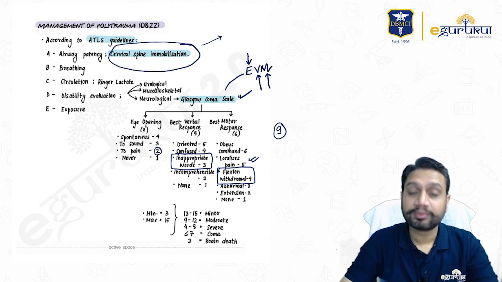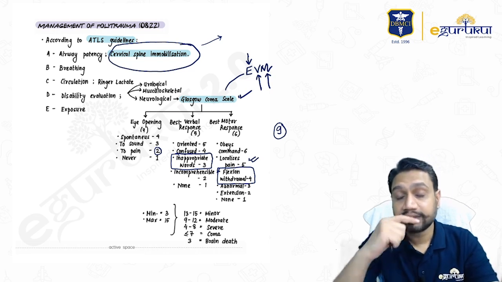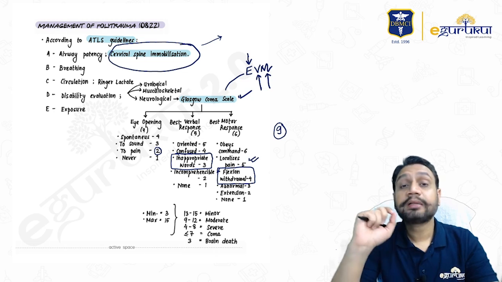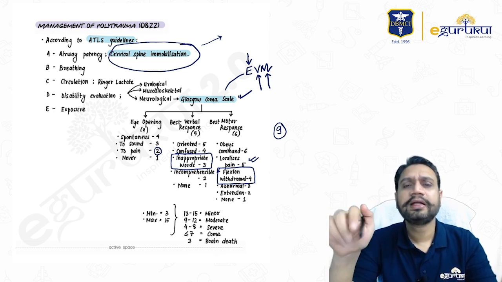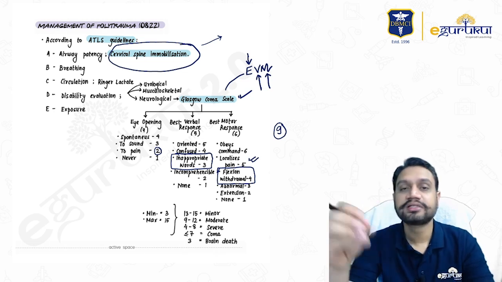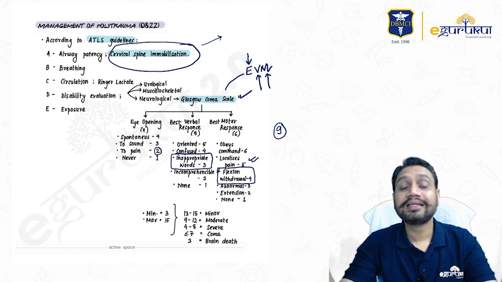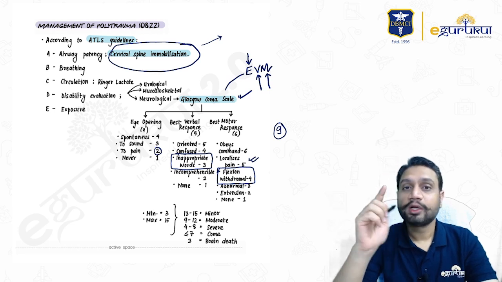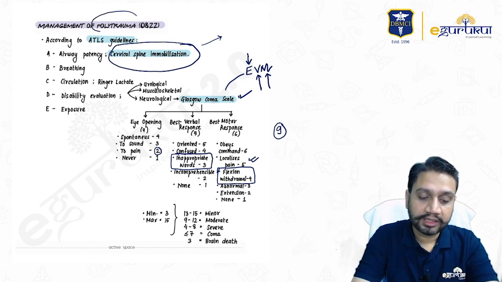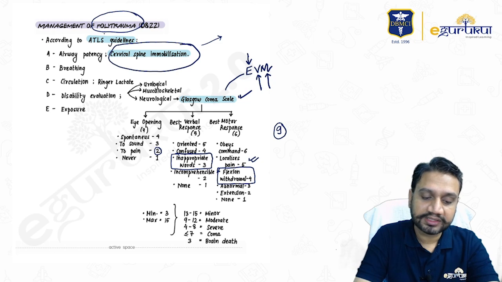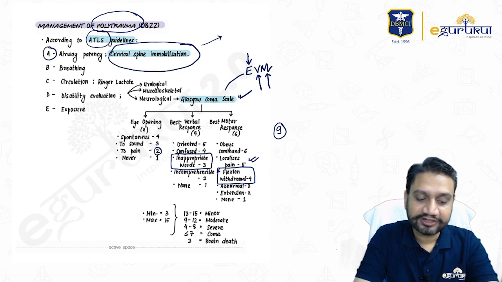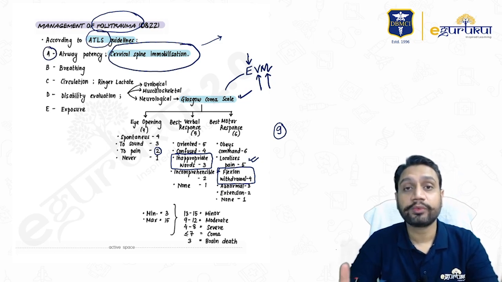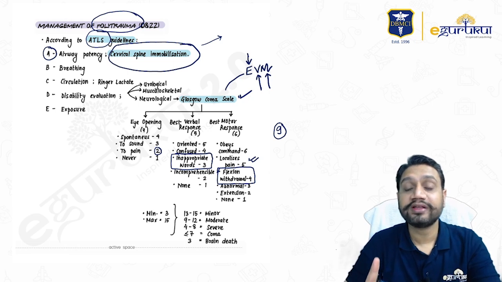Another can be from the Glasgow Coma Scale, which was asked to you. The other can be that they give you a scenario where the patient is a case of polytrauma, bleeding profusely, had a head injury, this injury, that injury, multiple things, and they're trying to divert your attention to some other topic. But remember this: when there is a mention of the word polytrauma, all the time it has to be managed as per the ATLS guideline, and my first step would always be airway. My first step would always be airway.